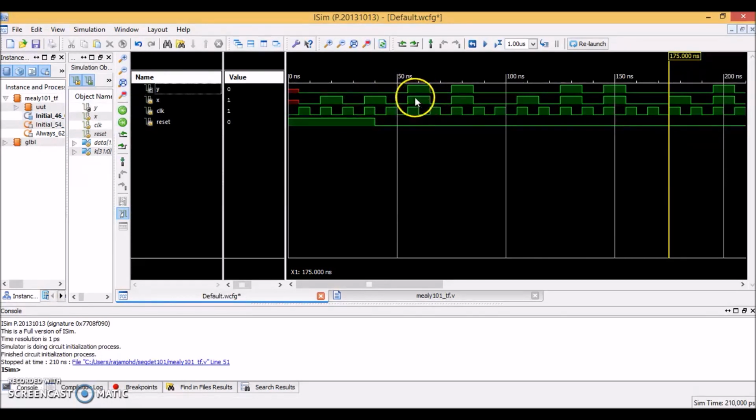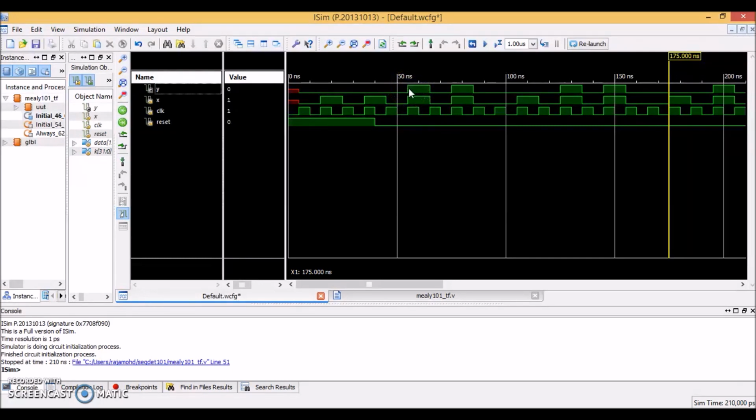As can be seen here, the output is immediately triggered or changed to high without the need to wait for the rising edge. In fact, even though this coincidentally happened at the rising edge,